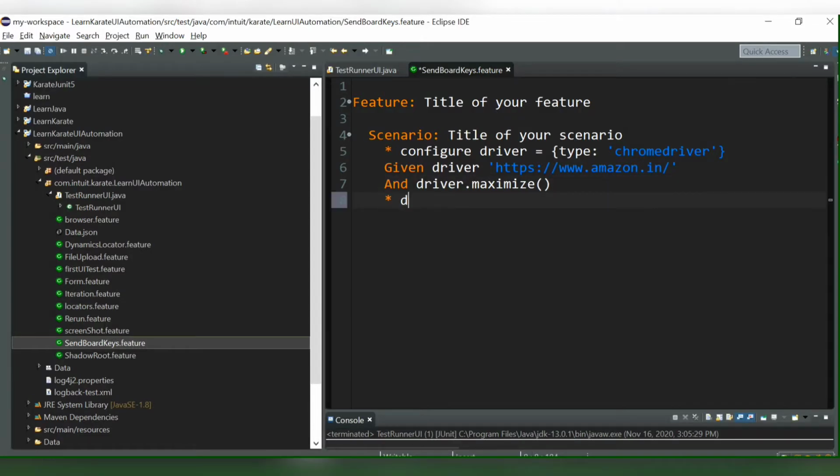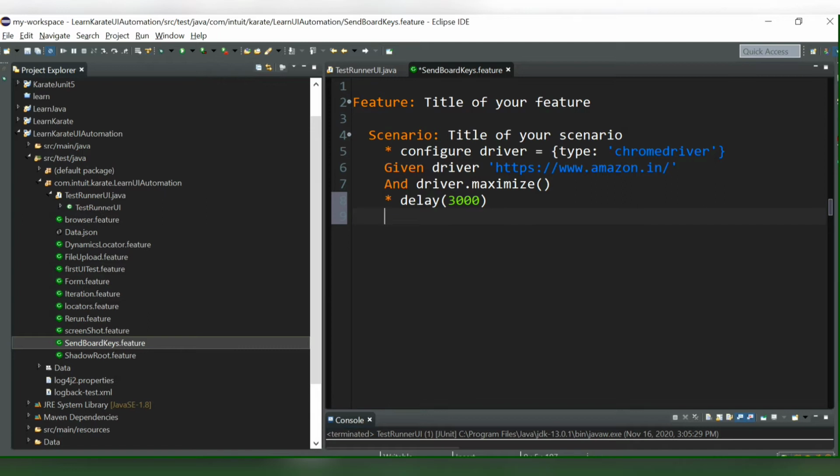Let me first give a delay of some 3 seconds in the automation script. In ideal automation scripts, you should not use any delays. You should use only wait-for methods to wait for the particular element. Only if it is required you can use a delay, and that to a maximum of 1 second. Just for our testing purpose I am using a delay of 3 seconds. And now we have to pass the tab key, right?